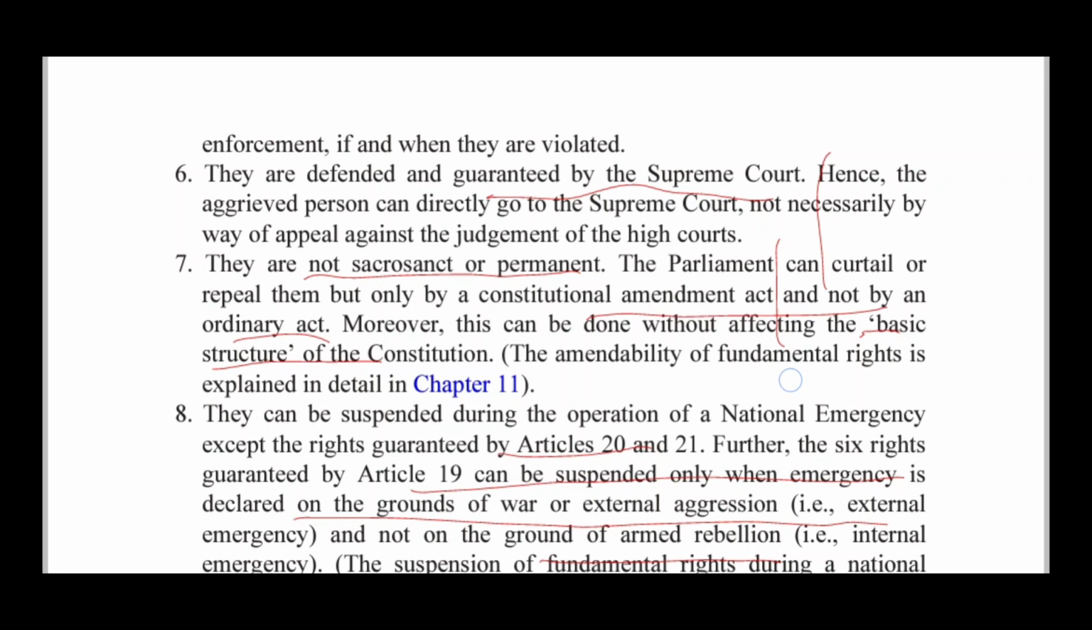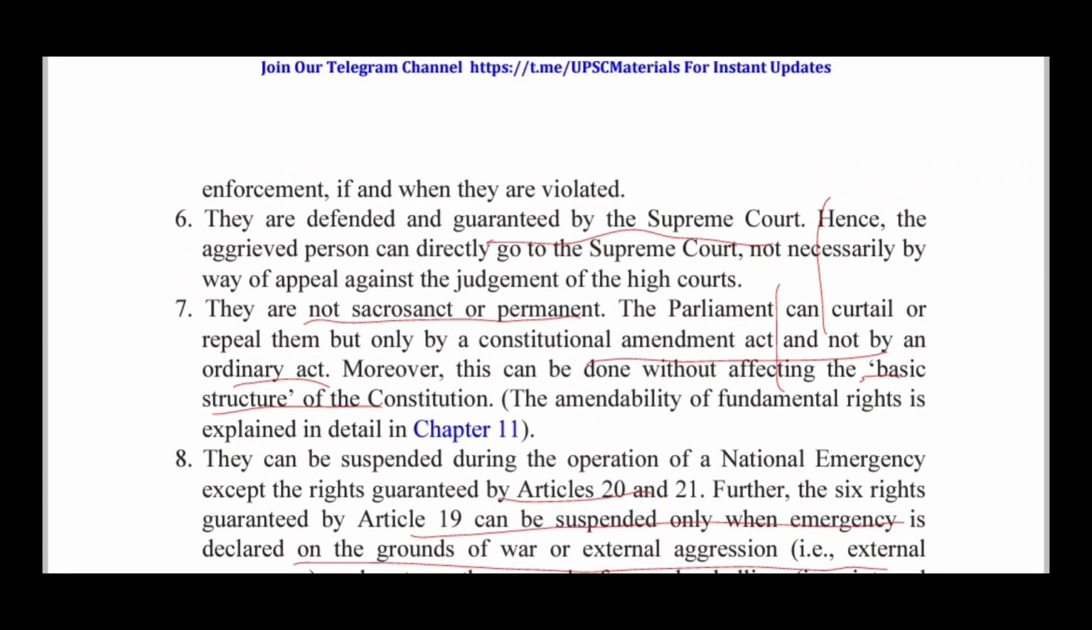And sixth one is that they are defended and guaranteed by the Supreme Court. So if a person's fundamental right is violated, he has two options. He can either go to the Supreme Court or go to the High Court. Usually,